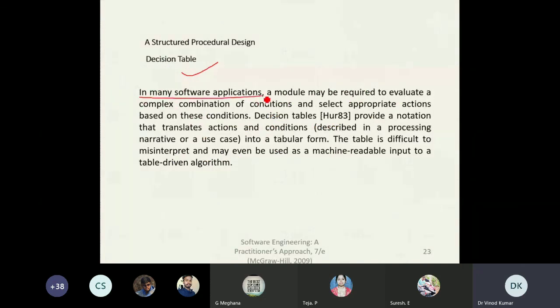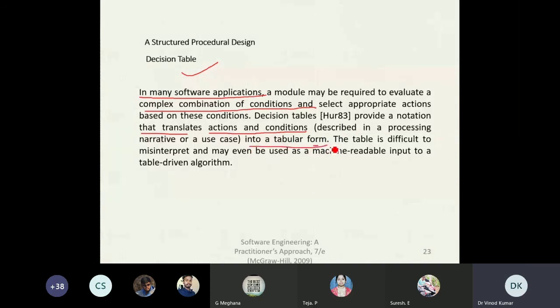In many software applications, a module may be required to evaluate a complex combination of conditions and select appropriate actions based on these conditions. Decision tables provide a notation that translates actions and conditions into a tabular form.